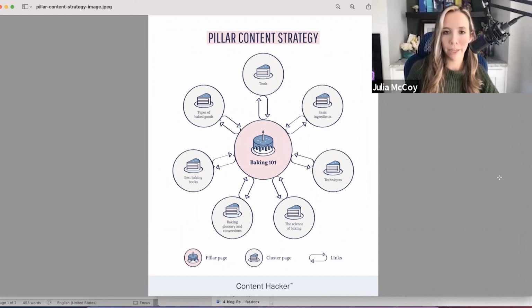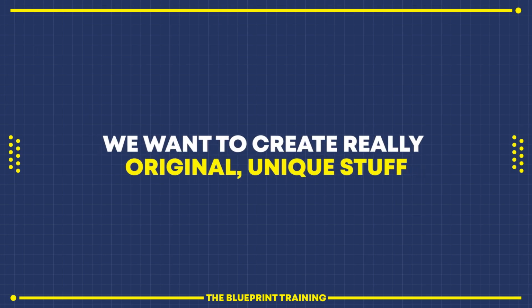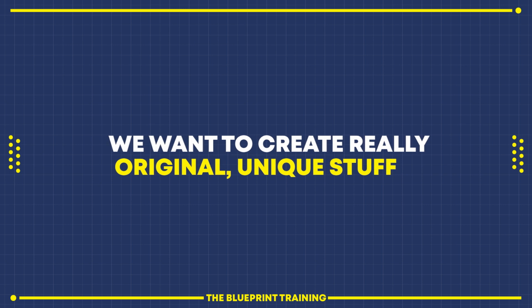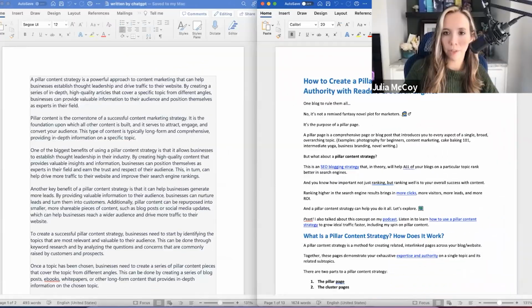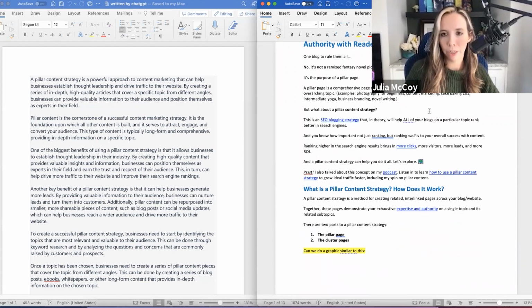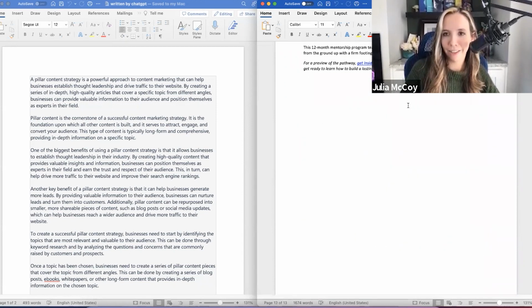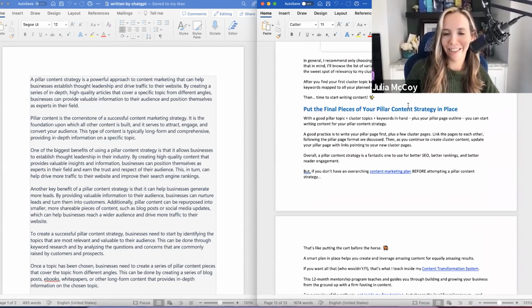And that's why, in the long form process, AI just doesn't fit. It still doesn't fit, even with GPT 3.5, because we want to create really original, unique stuff. And I can tell you, when a blog this unique goes out on our site, when it hits our newsletter, sometimes we will get somebody to reply to it that day, but they're not replying to the email. They're clicking on that last CTA all the way at the end of the blog. They're clicking on that last CTA and then contacting us.